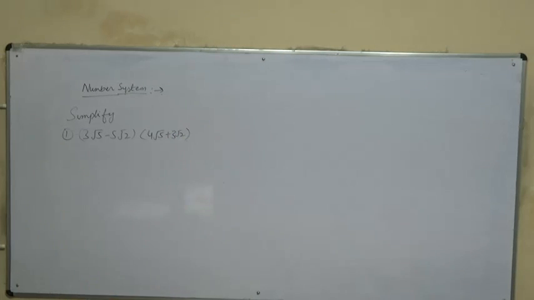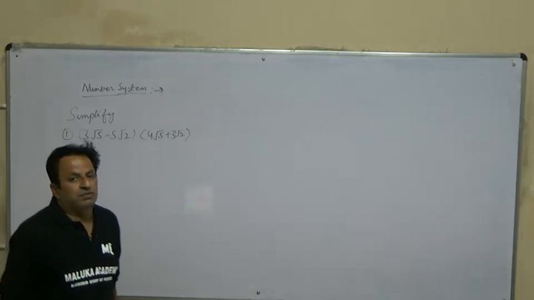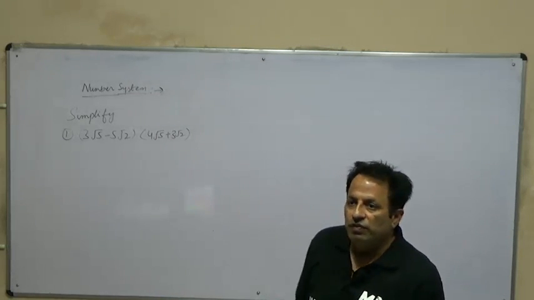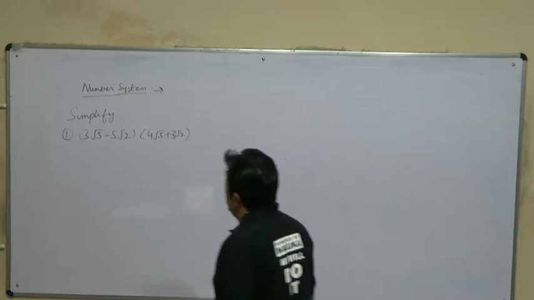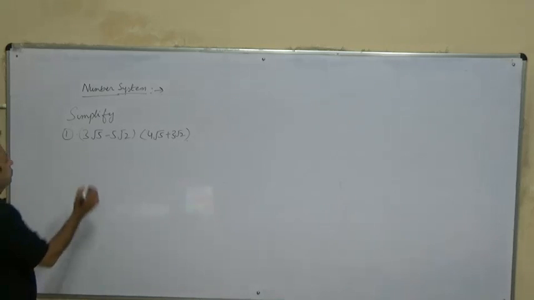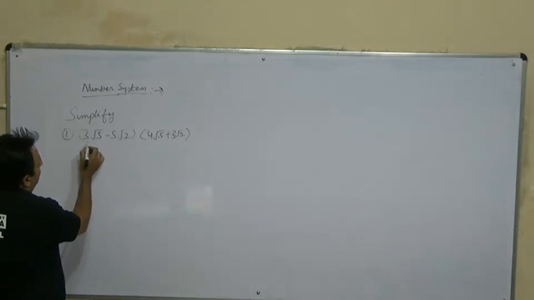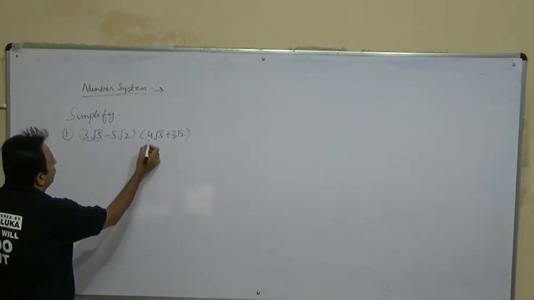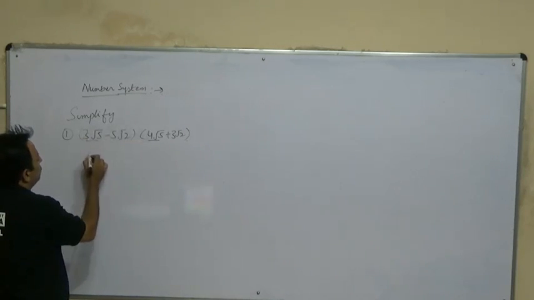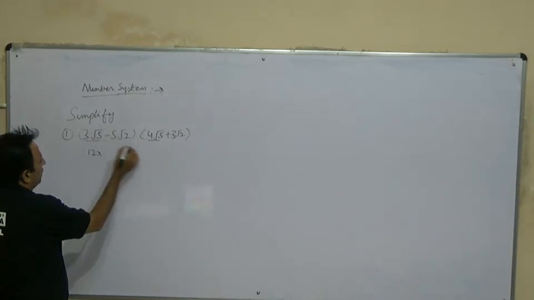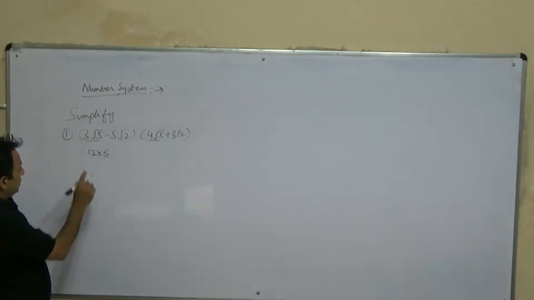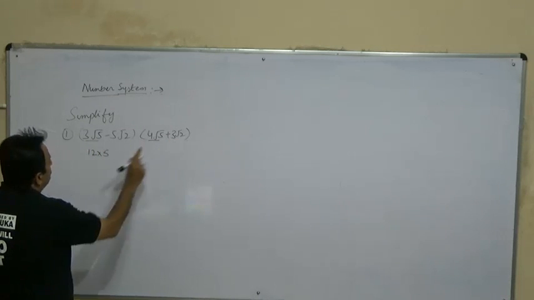So this is just the multiplication of two irrational numbers. When we have to multiply these two irrational numbers, what we will do? We will multiply the rational part with the rational part and the irrational part with the irrational part under the root. So now using the distributive law, first we multiply 3 under root 5 and 4 under root 5. So 3 fours are 12, under root 5 it makes 5. Then next is 3 under root 5 into 3 root 2.